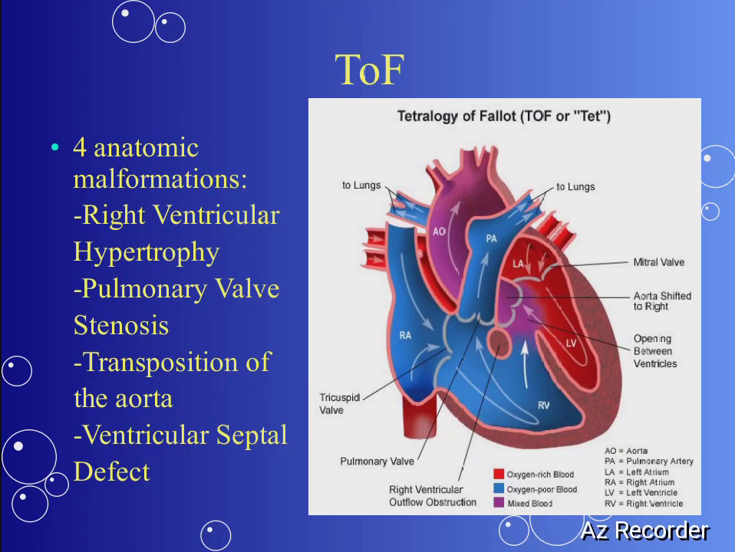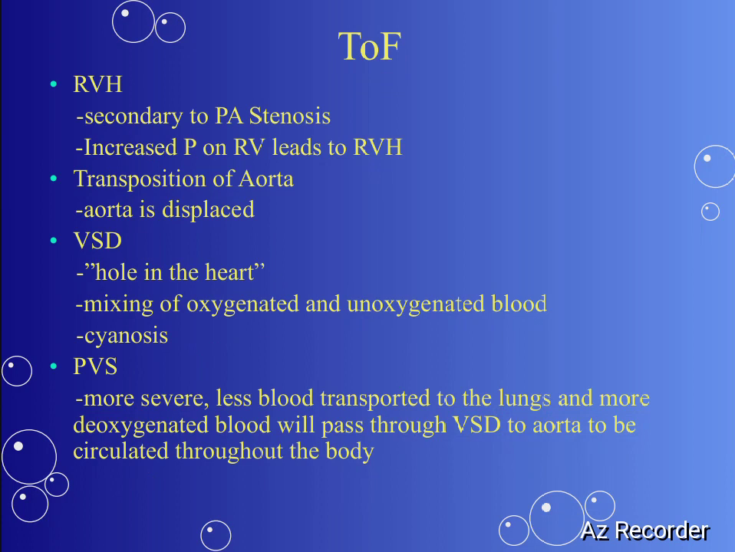Tetralogy of Fallot has four anatomic malformations: right ventricular hypertrophy, pulmonary stenosis, transposition of the aorta, and ventricular septal defect. RVH is secondary to PS; increased pressure on the RV leads to RVH. The aorta is displaced. VSD is a hole in the heart,